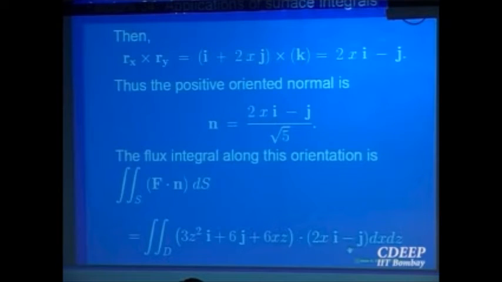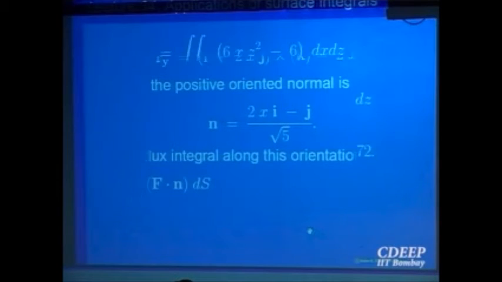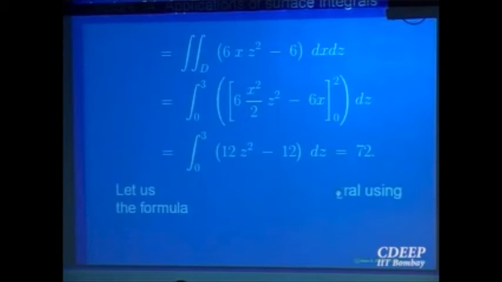So be careful. When you want to write f dot n as integral, compute as double integral, on the right hand side is only f dot Ru cross Rv. You don't normalize. Normalization cancels with ds, right? So careful. So this is now dx dz. It is no more a surface integral. It is a double integral now. Okay? F dot n ds was equal to f dot Ru cross Rv dx dy. We saw that earlier. So compute that. So once you compute, the answer comes out 72, no problem.